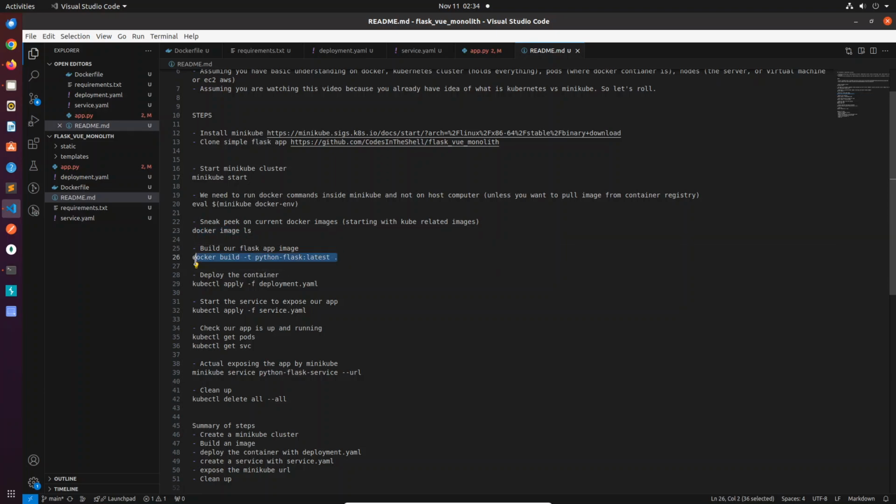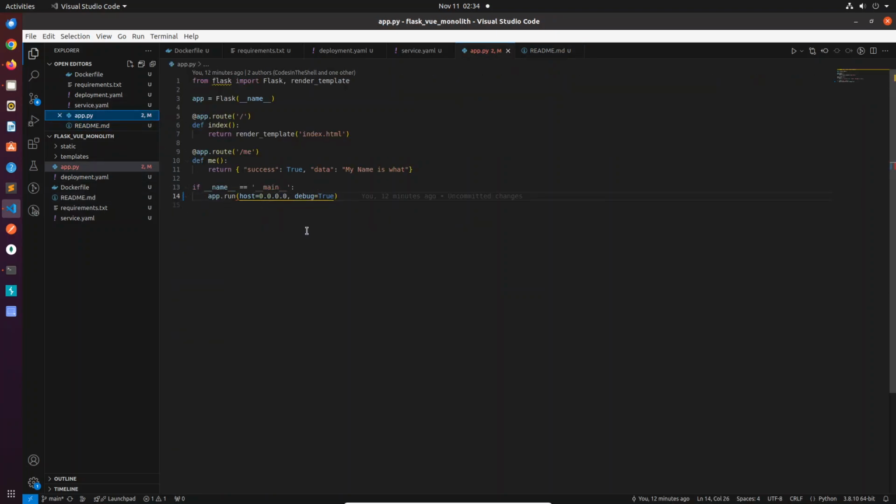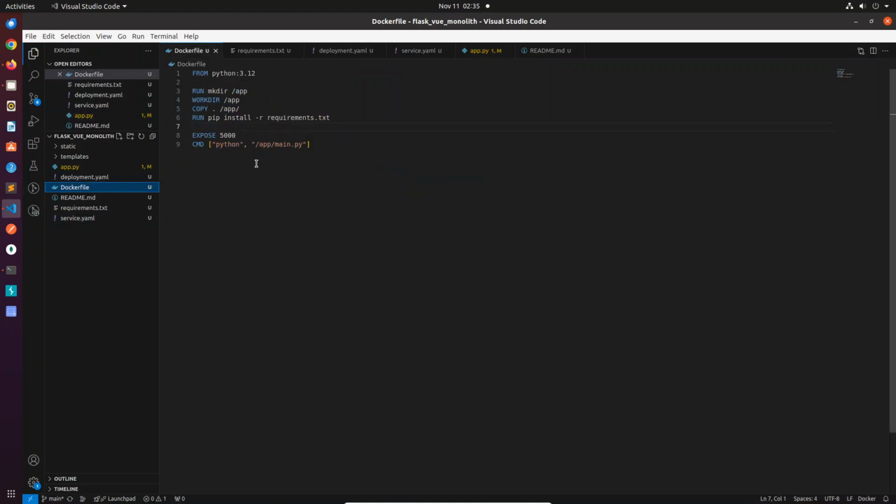Now let's build our Python Flask app. Basically our Flask app will just run this on our host, and our Dockerfile is just this one. I think this is just the main.py. Oh, I think in this, basically it's on the app and runs the main app.py. Alright, so yep, let's build this